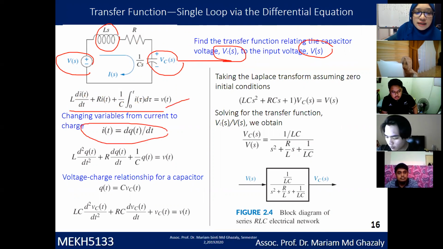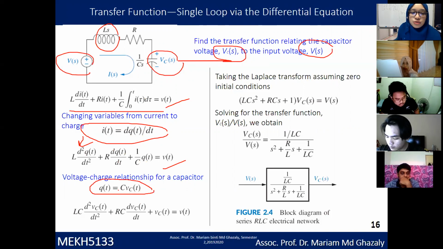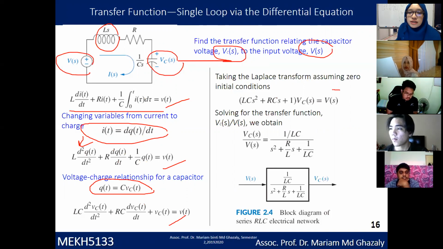Then you know that the current is actually the derivative of the charge, so you have dq over dt. Substitute that, and you get this equation. Then you know that q is equal to C Vc, and you get the second equation. So taking the Laplace transform here, LC d to the power of